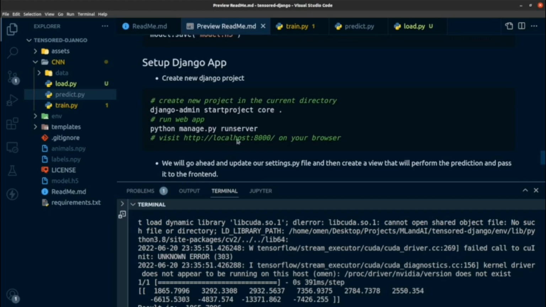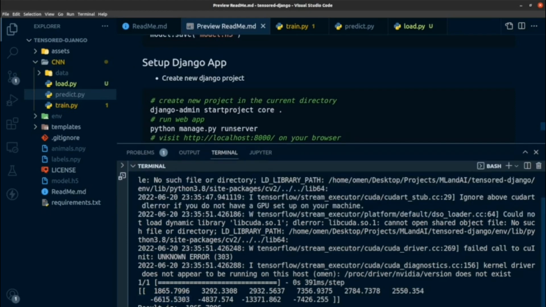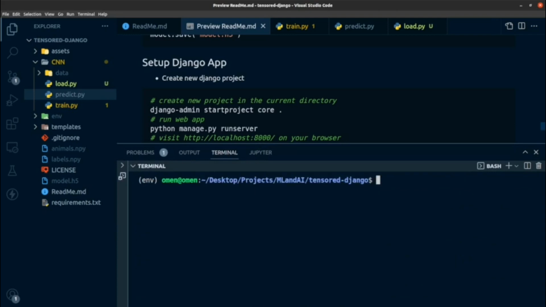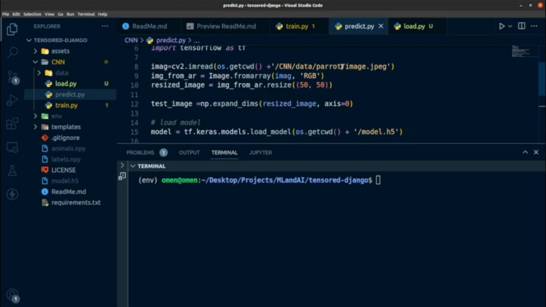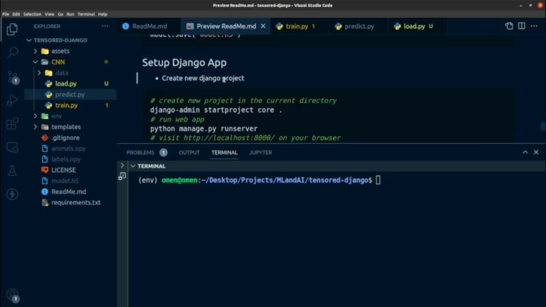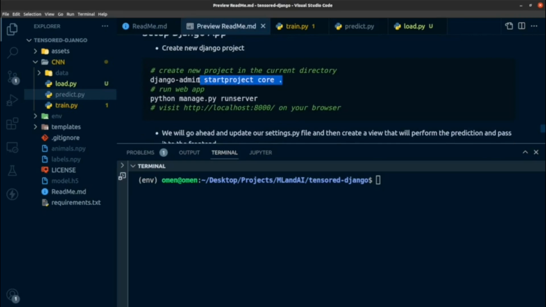So now here we go. Actually, we are going to create a Django app right now. Let me clear that. But you can also go ahead and test the predict.py on different images, maybe on an image in the cat directory or something else. But let's just go ahead and now set up a Django app which is going to use that model. So I'm going to use this command. So django-admin startproject core is the command that is sufficient to create a Django project. But once I add this dot at the end, it means it's going to create that project in my current working directory. So I'm going to press enter,